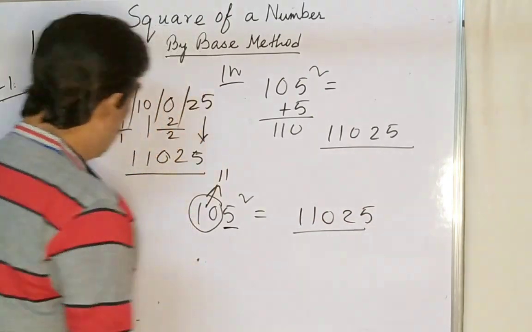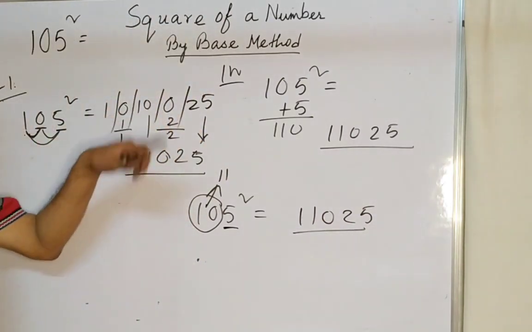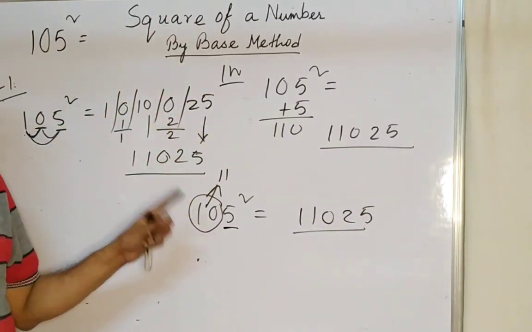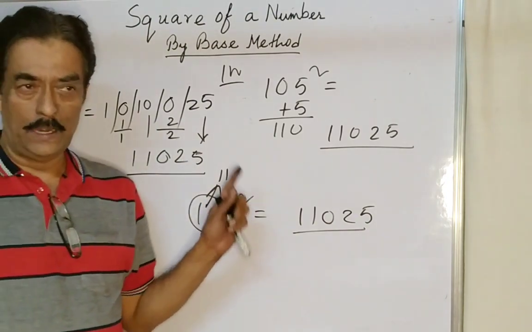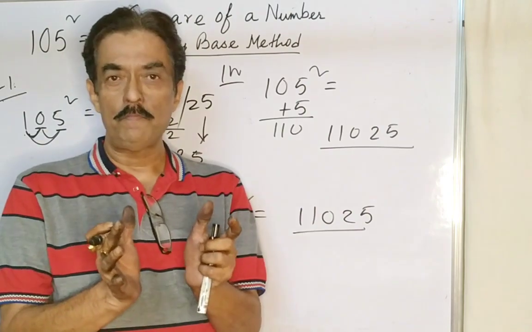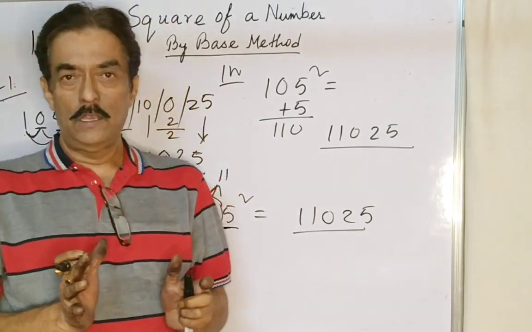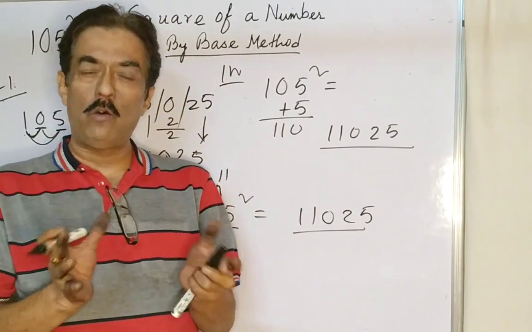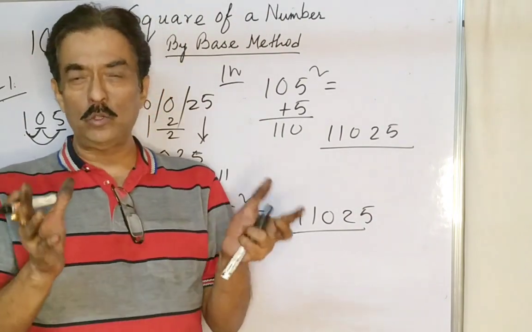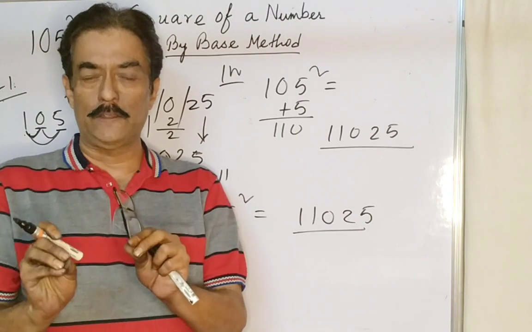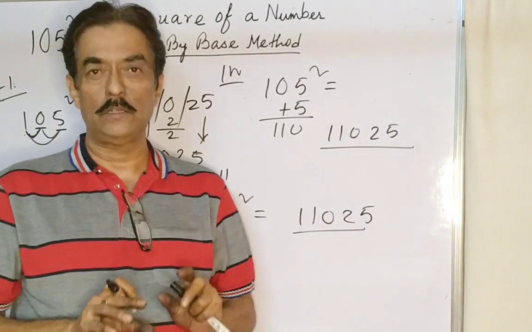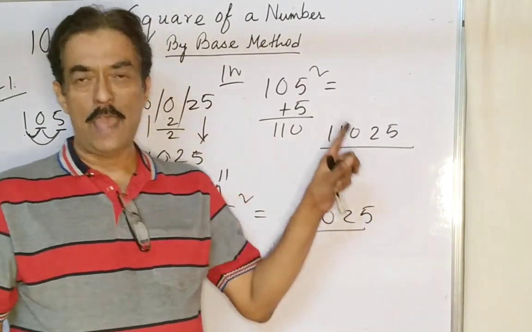Now observe, one problem can be solved in 3 different ways. You have to understand which way you can make easier, and by which way you can minimize your time. This is the main topic. You know shortcut tips, you know how to multiply in a different process, how to make a square in a different process. But in the exam hall, you have to choose that process where your time will be very short. So be very, very careful about the problems.